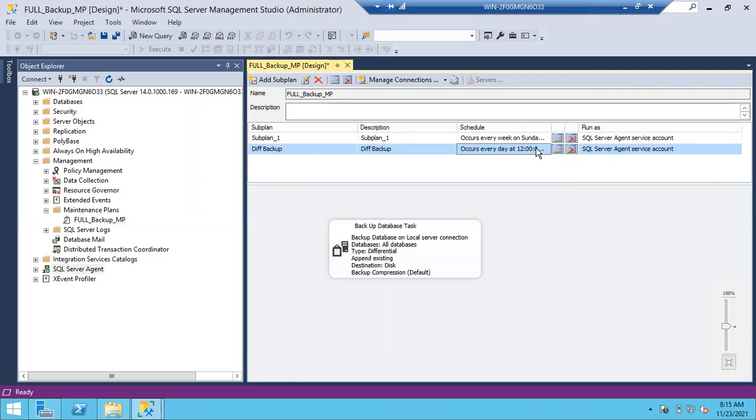Yes. And again, sometimes they will ask you about the retention policy. If you are maintaining 2 weeks of full backups, you also have to maintain 2 weeks of differential backups. What is the use if there are no 2 weeks of differential backups? If you have 2 weeks of full backups, where are you going to restore that full backup? If you don't have a differential backup set, what is the use of that full backup? You cannot achieve point in time recovery, right?